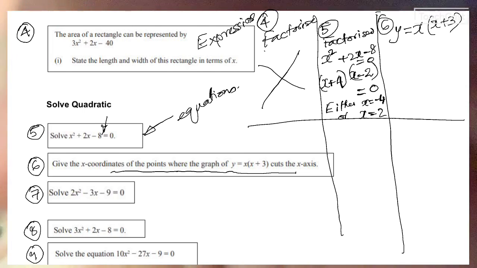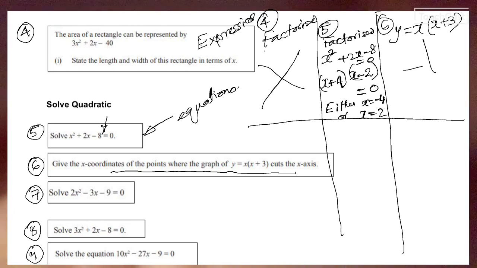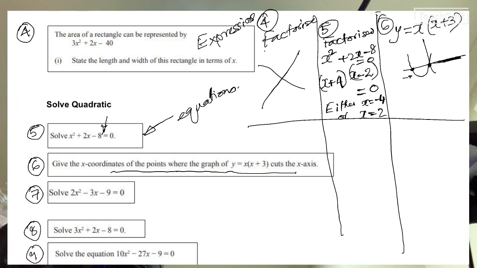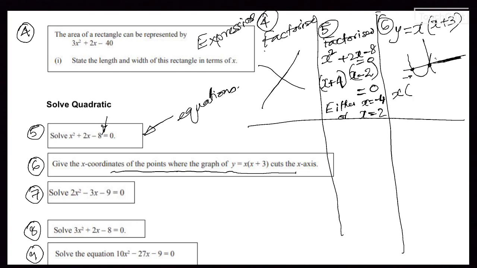If you draw it on a graphical interface, you'll see the graph will be cutting the x-axis, which is the floor level, somewhere over there, -3, and the graph will look like this. And so what they are asking you, what is the y value over there? 0. So they are asking you to solve